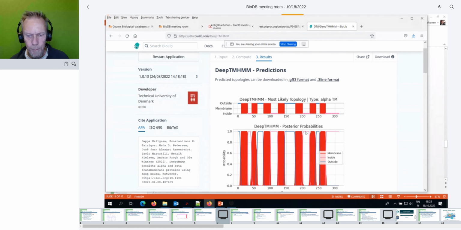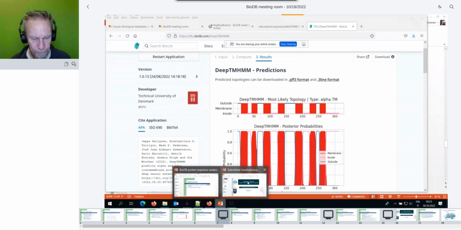And this is one of the weaker parts of most prediction tools, that the topology might be inverted, so that instead of having, as here, outside, inside, outside, it could start with inside, outside, inside. But anyway, this is the result, and this should correspond to what we see in the UniProt, and this is way cleaner than the result we had in